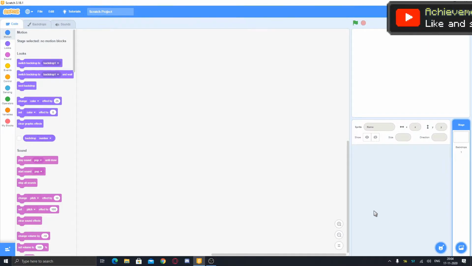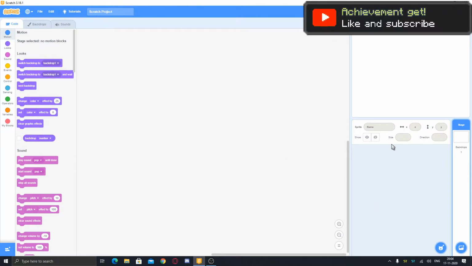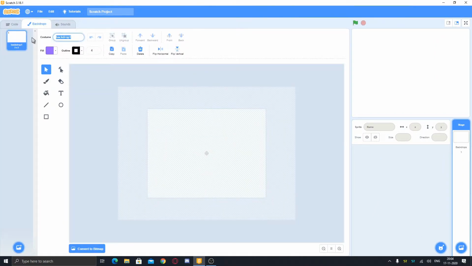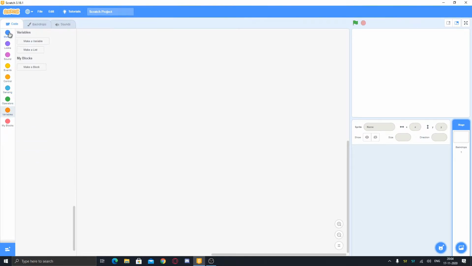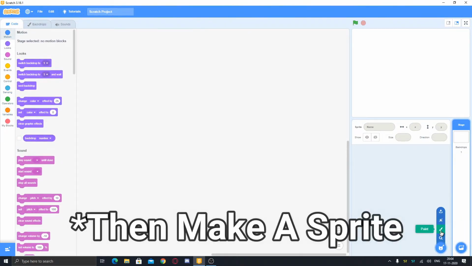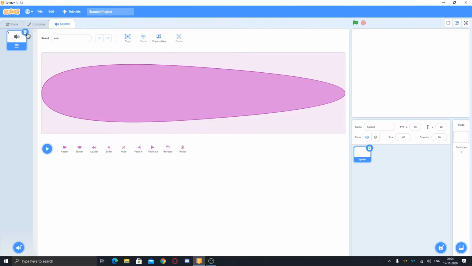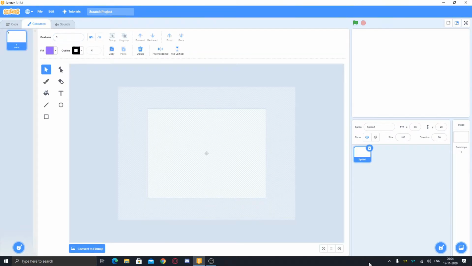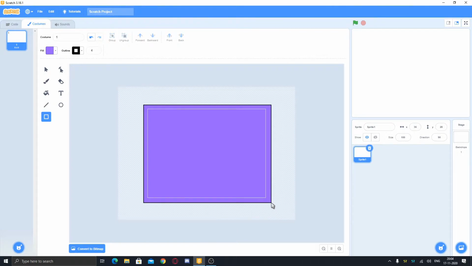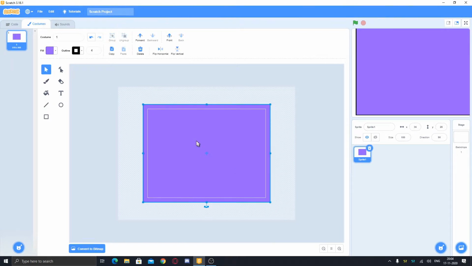So today I'm gonna show you how to make scrolling in Scratch. First of all, we can set up the project by just naming this backdrop 1, deleting the sound, going to variables, deleting the variable, then making a variable and just doing the same, deleting the sound and naming it to 1. So now you need a very big rectangle or any shape you want to just try out for now. And now I have made one, so you can just use the editor to make that.